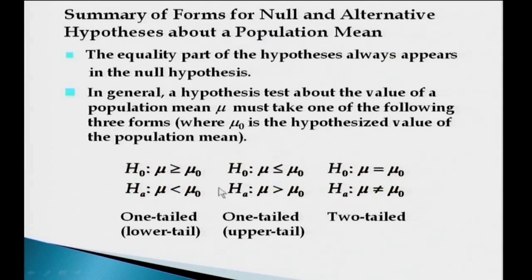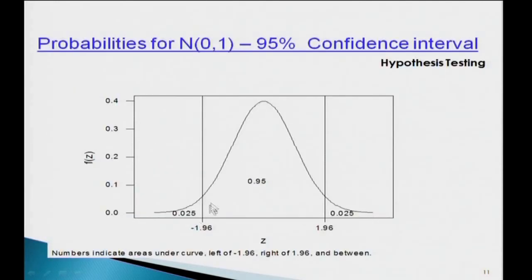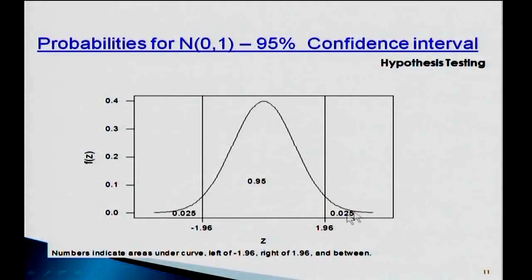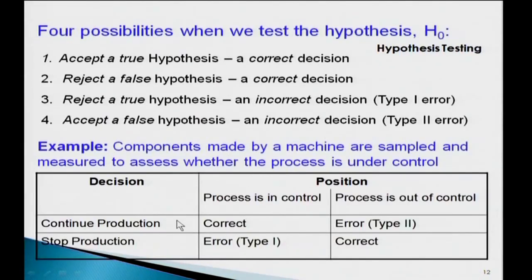For example, in this case, when you say mu less than mu naught, if it is less than mu naught, then only you are going to reject this, otherwise it will be in the acceptance region. So, simply, if your rejection region is on both sides, with critical values on both sides, that is a two-tailed test. If the rejection region is only on one side, either greater than or less than, that is one-tailed.